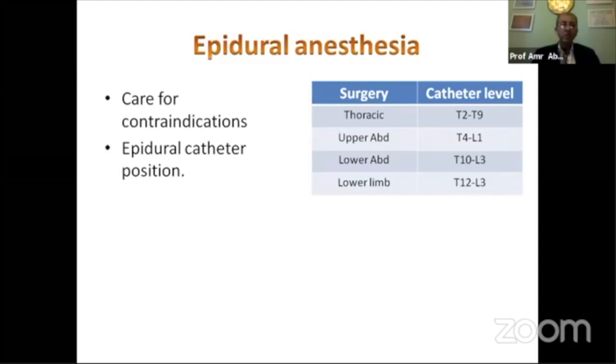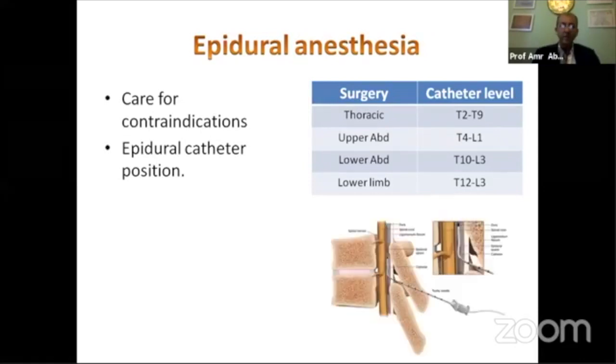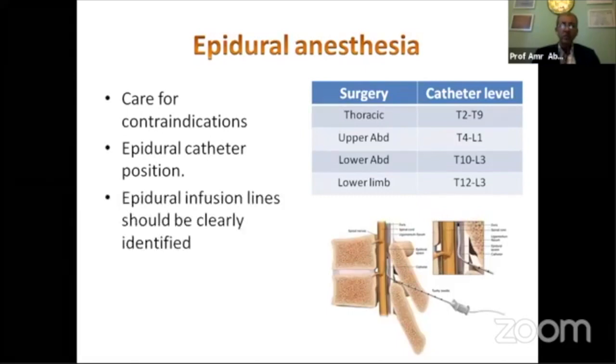Lower abdominal surgeries like lower segment cesarean sections and hernia repair, you can do it between T10 and L3, but the best place is L2 and L3. For lower limb surgeries, for fracture neck femur, for total knee replacement, for ankle surgeries, it's between T10 and L3. And this is the best place to introduce the needle, and the tip of the needle should be located at